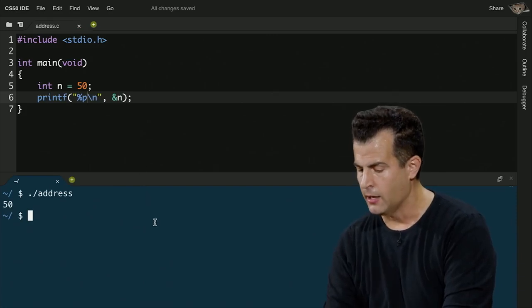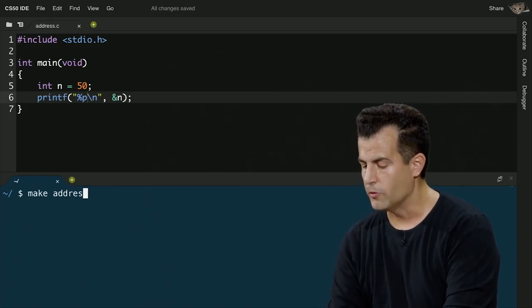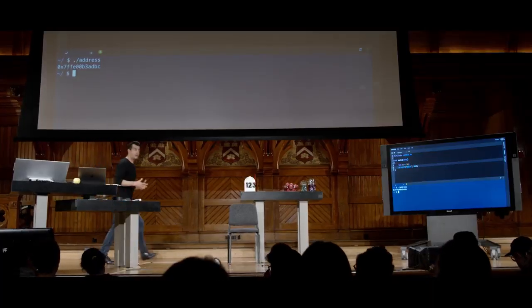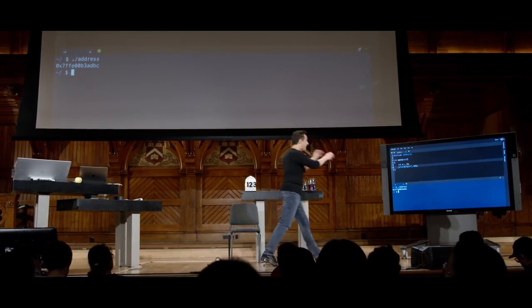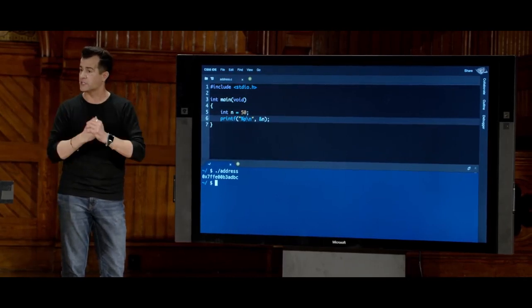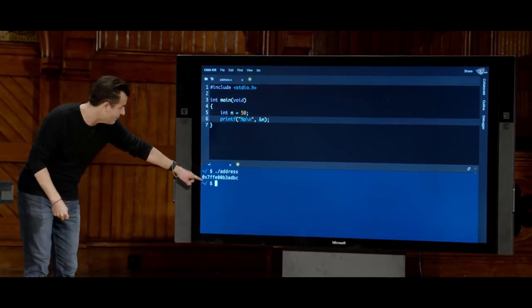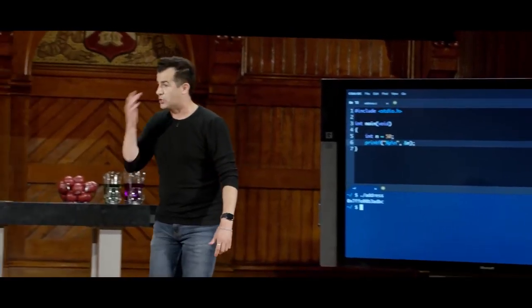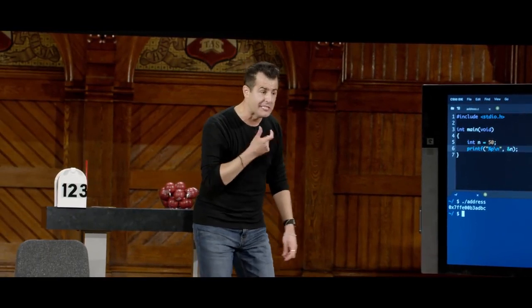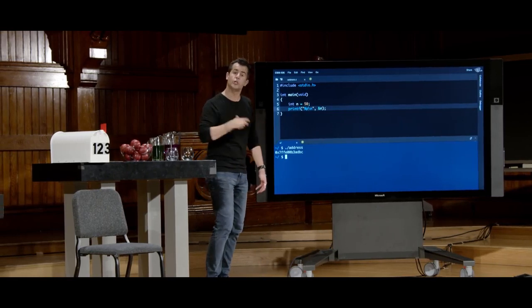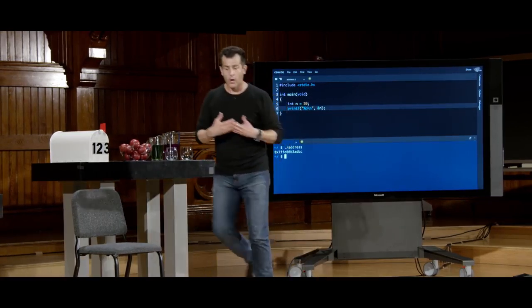So let me go ahead and save that, make address again to recompile, and then do ./address, enter, and voila. Now, it just so happens that in CS50 IDE, running on this cloud server, it's not at address 0x12345678. I just made that up for the sake of discussion. It's technically at 0x7FFE00B3ADBC, which has no meaning to us here in class, but it is all hexadecimal, because every digit there is 0 through F. So it's kind of cool. Like, this doesn't seem like useful information yet, but you can, in fact, see where values are inside of your computer's memory.